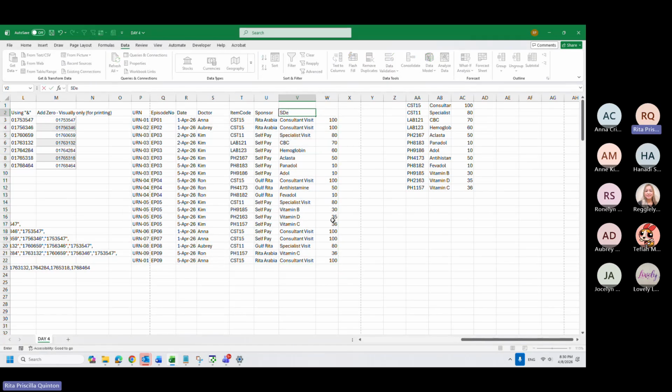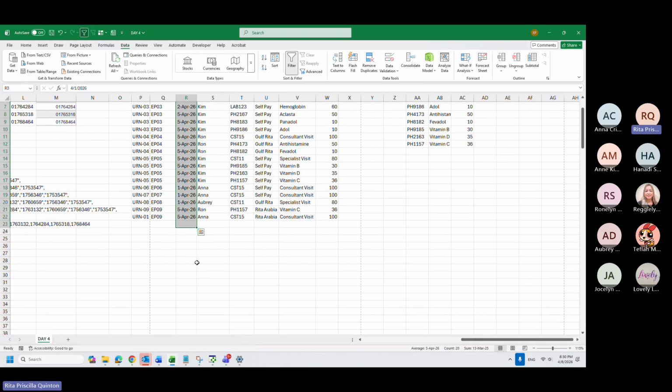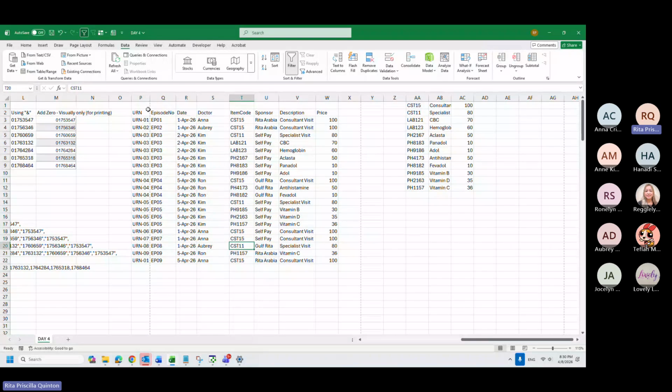Here I have description and price. Okay. Now I want to see which patients were seen twice within April 1 to April 5. So this is just a general sample. If you have 1 month, then you can use it also. How? Because if I highlight now